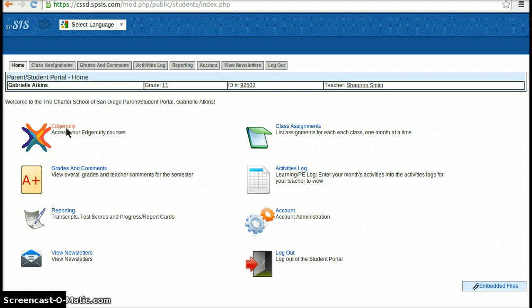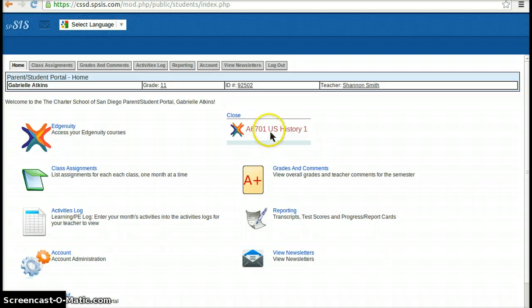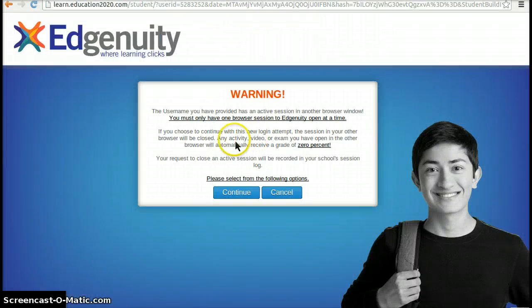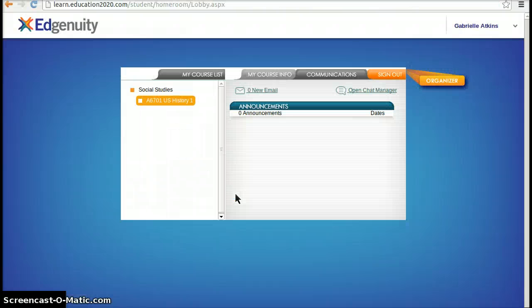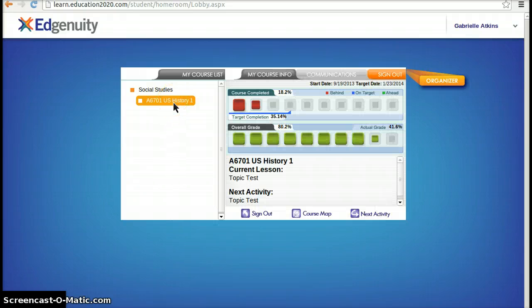And again, I'm going to now select Edgenuity to access my course, and then I'm going to click US History 1. Once I have done that, it's going to tell me if I have a browser open on another page because I've already logged into this account. You just hit continue if that warning does pop up. All it will do is it will log you out of the other account that you're in. So if you're working on another browser, it doesn't allow you to be logged into 2 browsers at the same time. Next, what you do is you select your course,